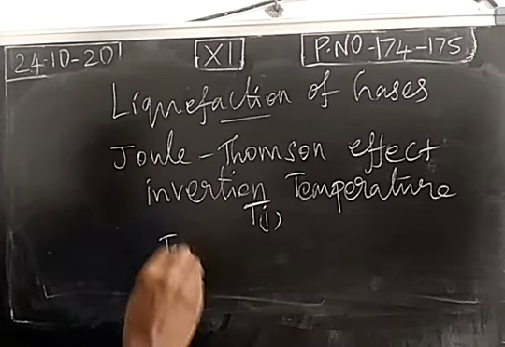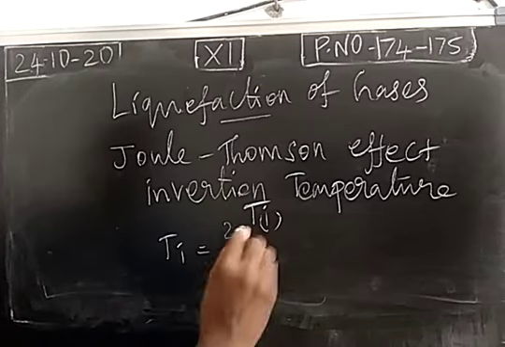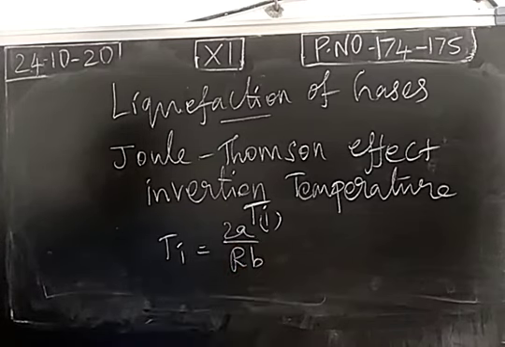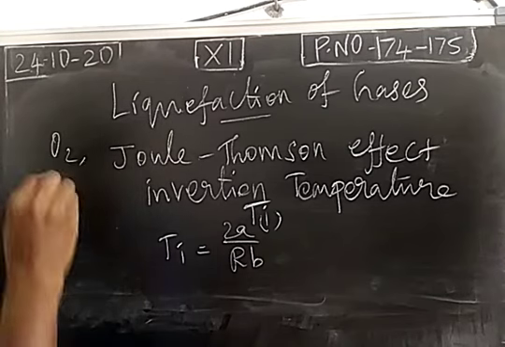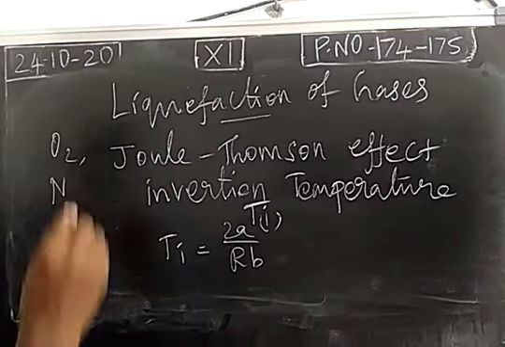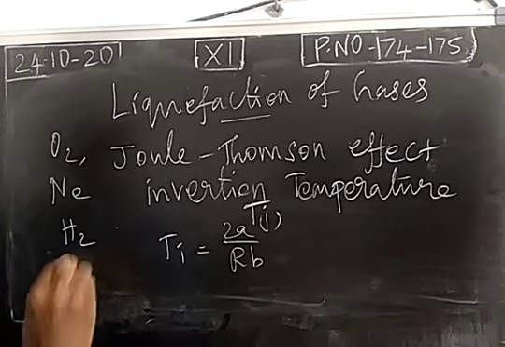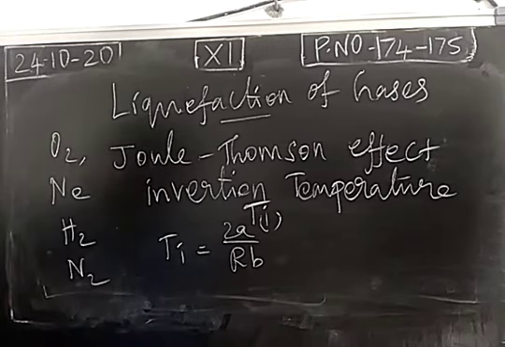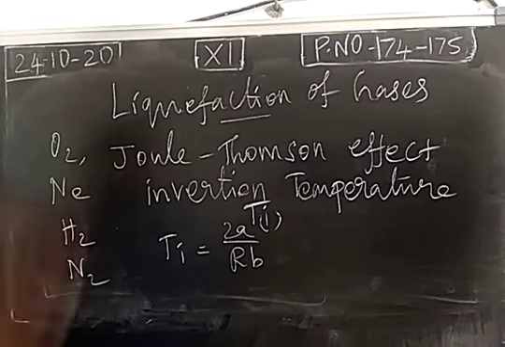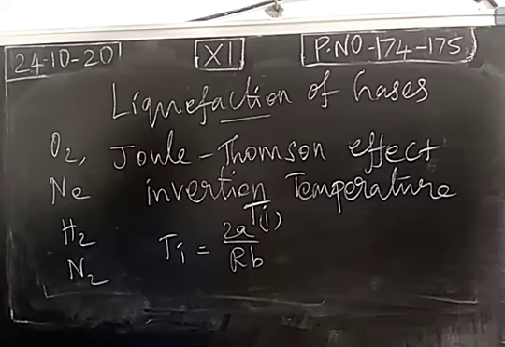So inversion temperature is a temperature below which a gas obeys the Joule-Thomson effect. The inversion temperature formula is 2a divided by Rb. We consider gases like oxygen, noble gases like neon and helium, or diatomic gaseous molecules like nitrogen. These gaseous molecules have very low critical temperature, so that the Joule-Thomson effect can be easily applied. So these gaseous molecules can be liquefied easily because of low critical temperature, so that cooling will take place effectively.